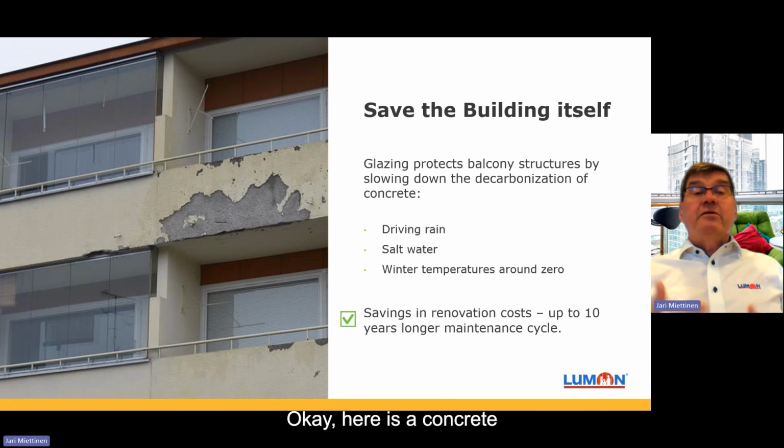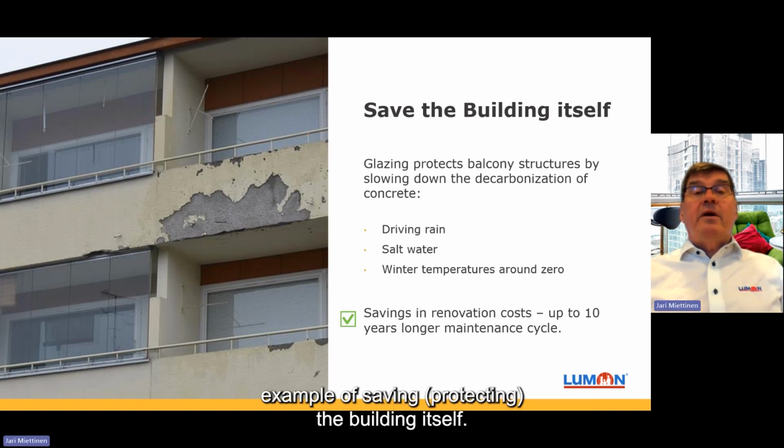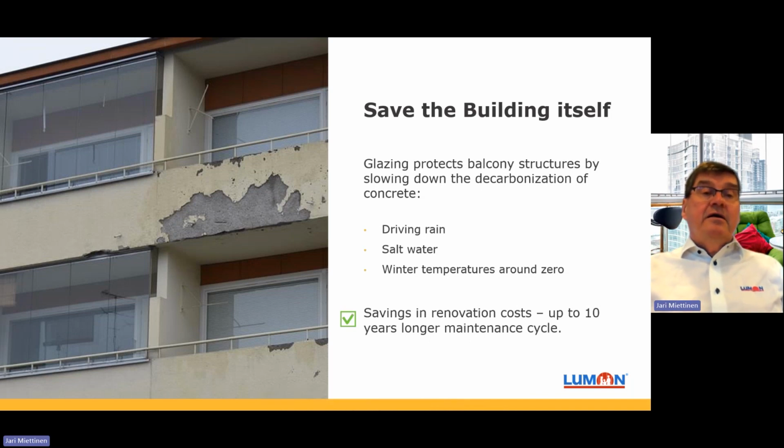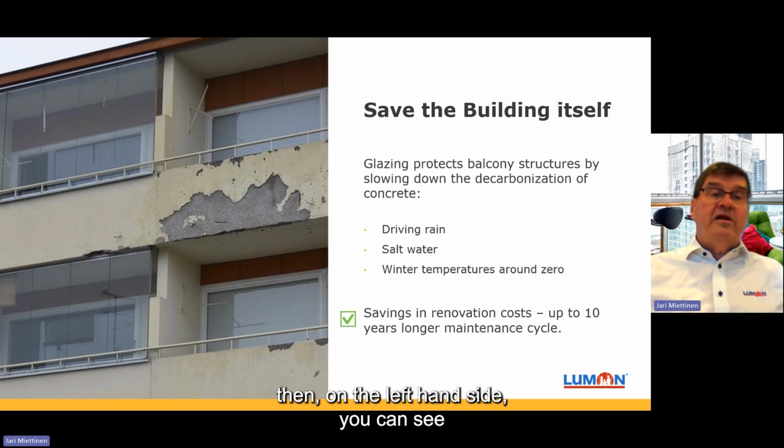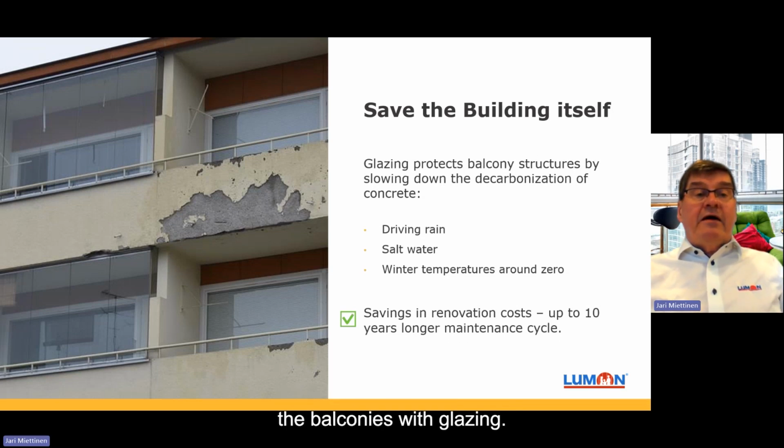Okay, here is a concrete example about saving the building itself. In the picture, you see that the balustrade is quite eroded in the case where there's no glazing, and then on the left-hand side you can see the balconies with glazing. So actually, it's very concrete. We're talking about